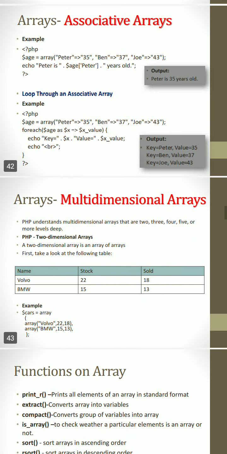The third type of array is the multi-dimensional array. Here it contains an array of arrays. Each element can also be an array, or you can use an element as a sub-array, and it can again be an array. Okay, see now the example.